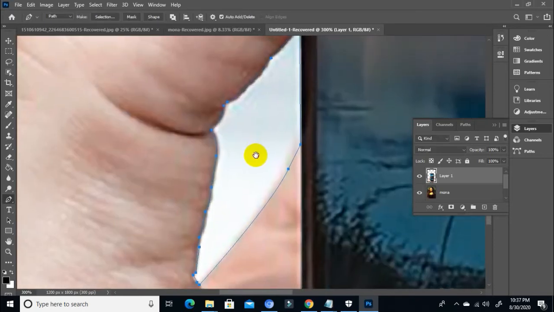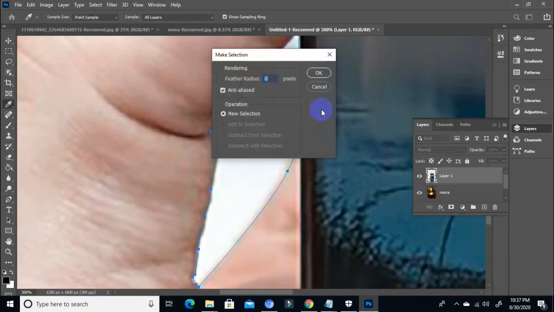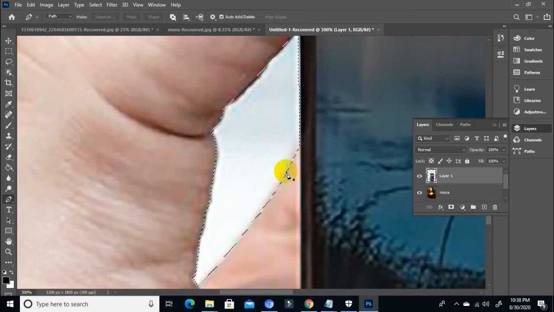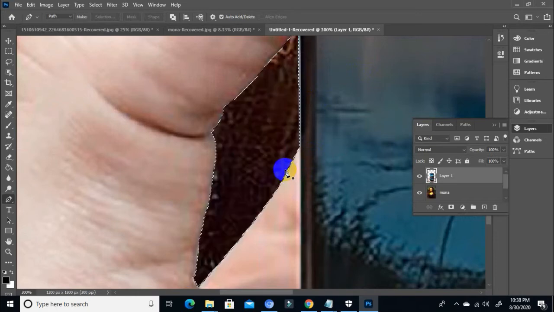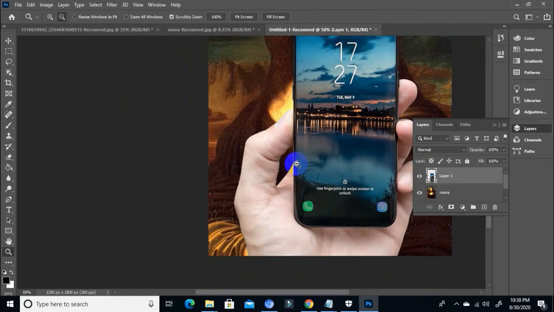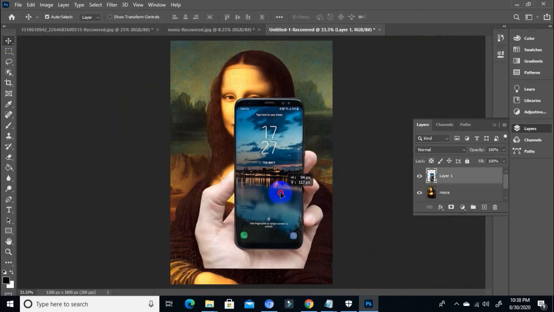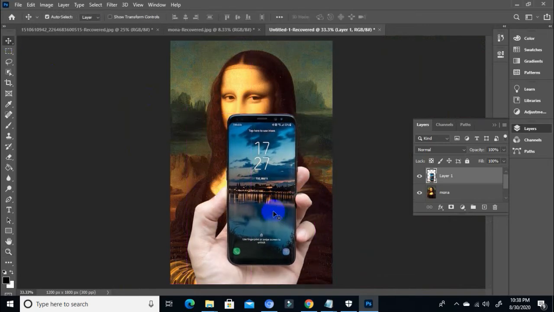Again, after drawing the path, you have to right click and then make selection and then OK. And then you can just use the delete key on your keyboard to remove that white portion. Control D to deselect so that the selection will be removed. Okay, so now that we have the hand with the cell phone, what we are going to do next is to